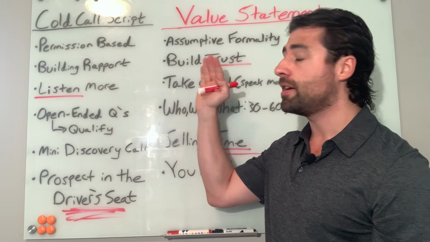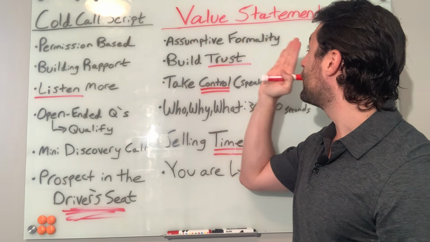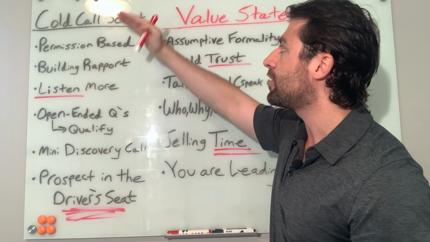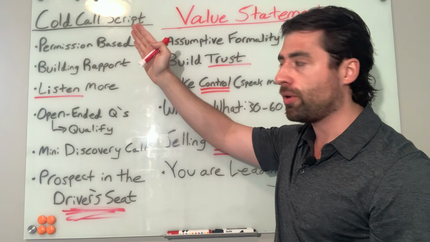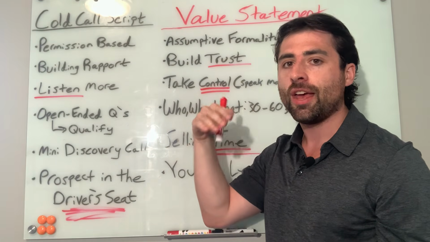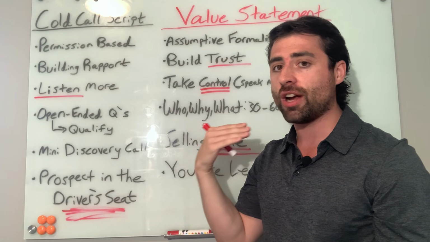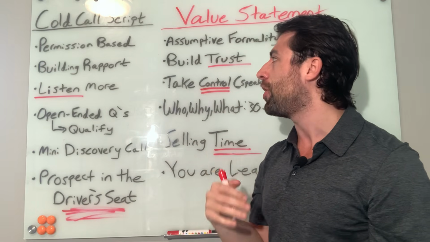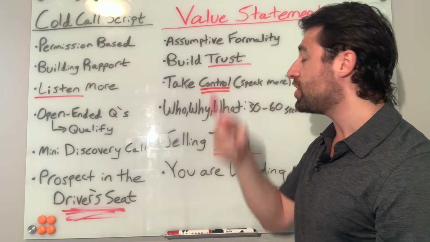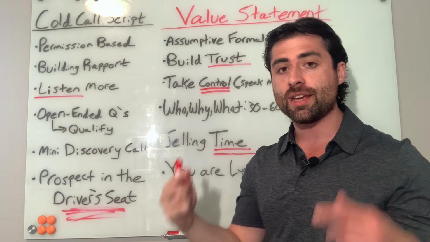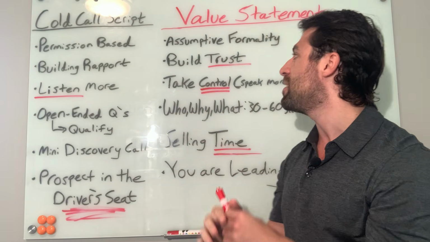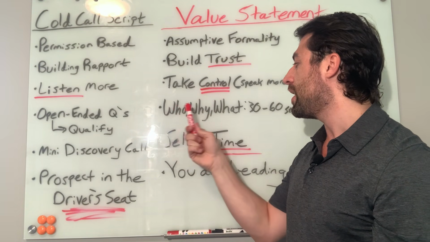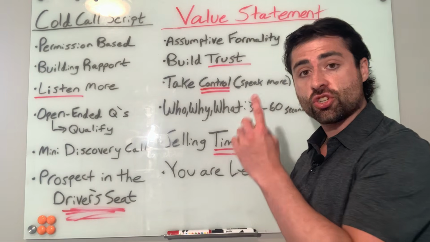They sound very similar. Most cold call scripts will sound similar to value statements. It's just these are the characteristics that make cold calling super uncomfortable for a lot of new SDRs. No one likes, hey, do you have 30 seconds to talk? I tried that stuff. I always cringed in my head when I said it. It made me sound less confident. It became much easier when I just started giving formalities and thinking, how do I get this person to give me a formality? Once they do, I'm going to take control, tell them who I am, why I'm calling, what I want. That's a shot on net.